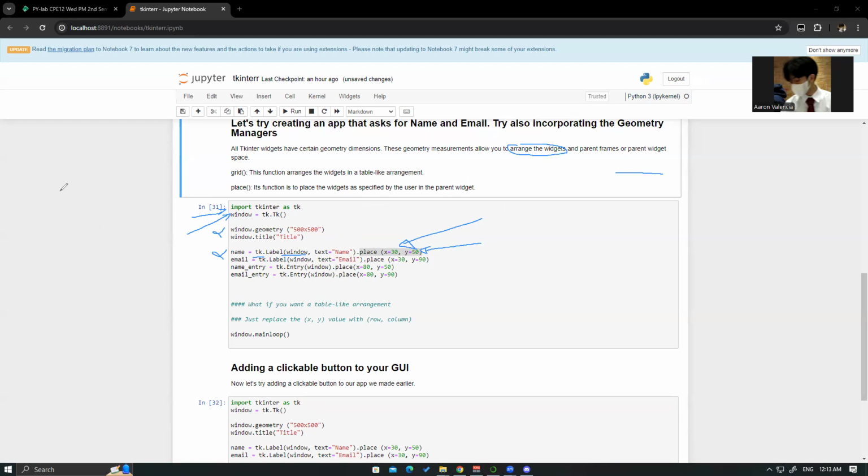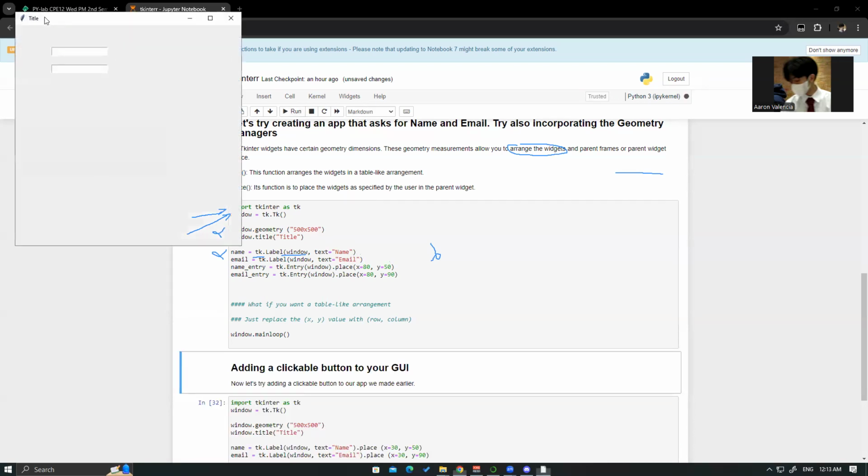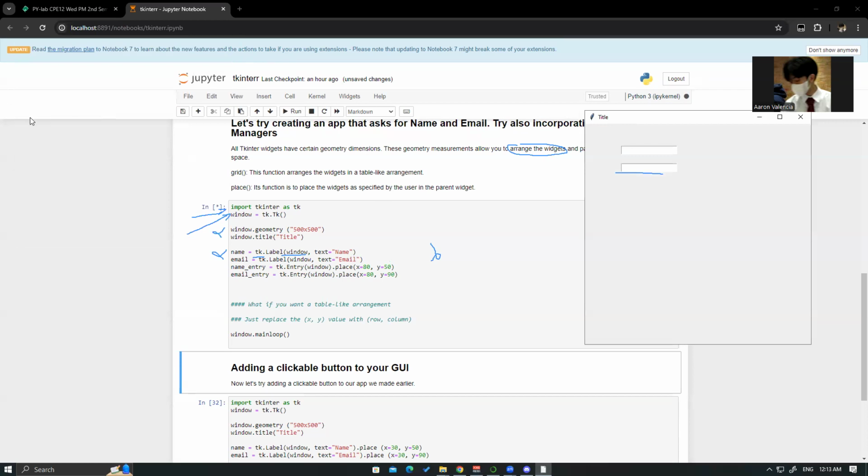So what if we remove these two here? Let's try removing these two. As you can see, the text name and email didn't appear.